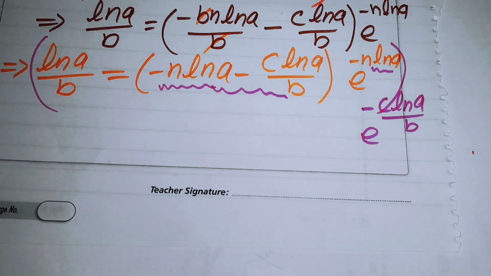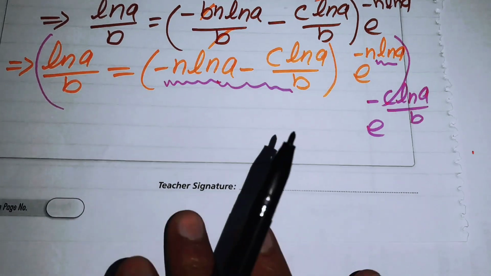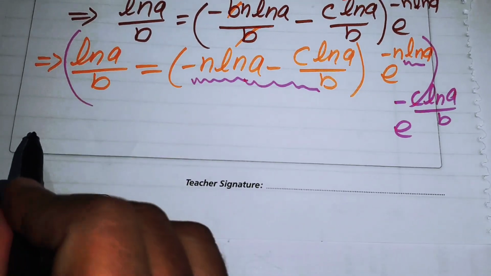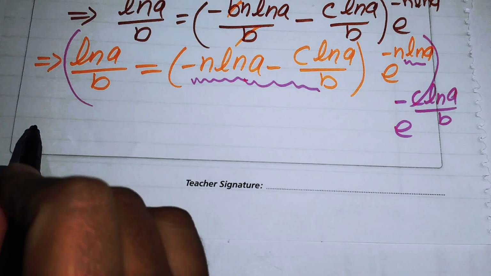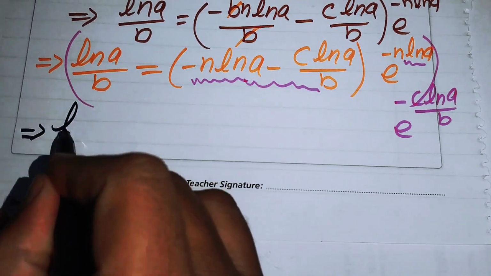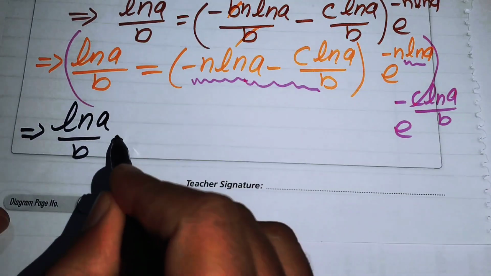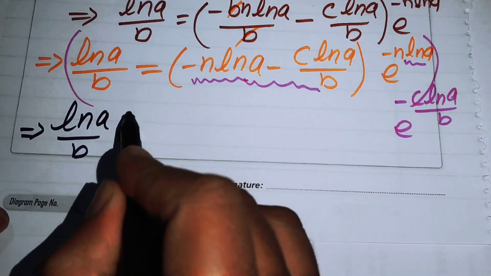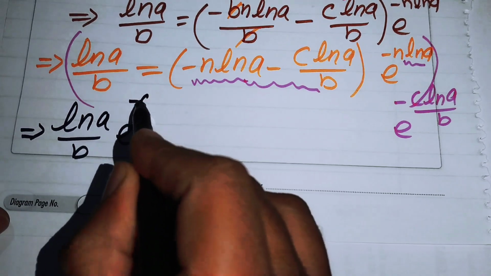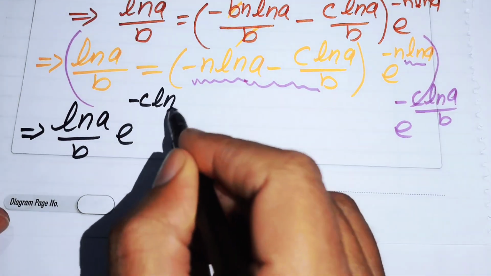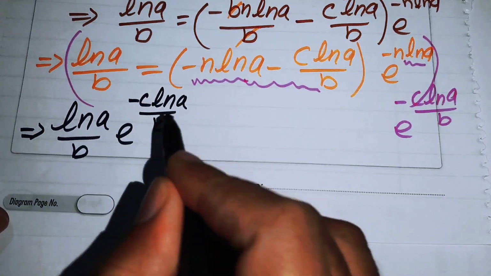So now after we multiply both of the sides, you will get the output in this form, and we get on the left hand side log of a over b, and we multiply this term here and you get e to the times e to the power of minus c times log a over b, and in the